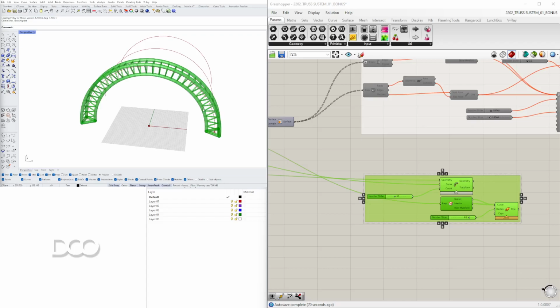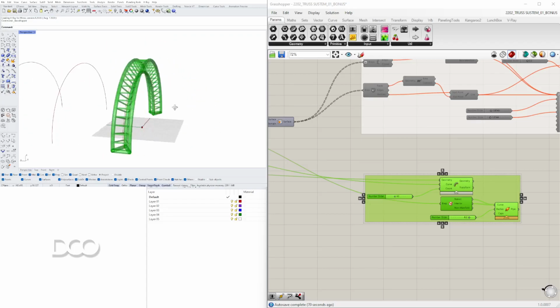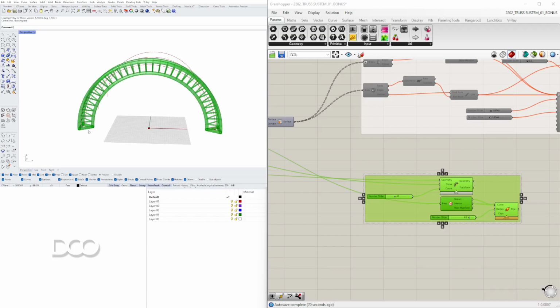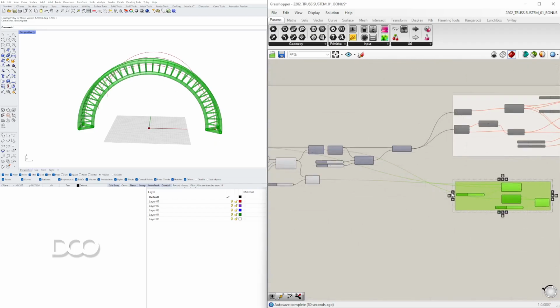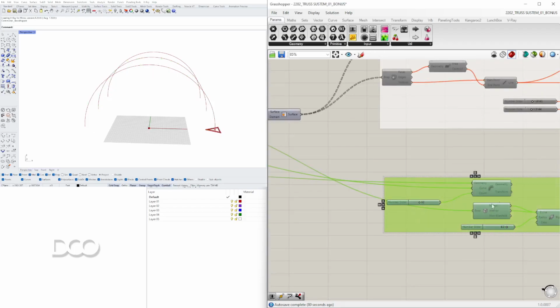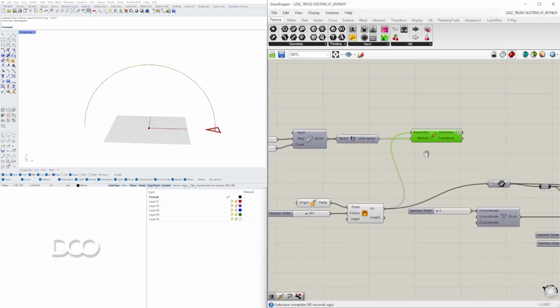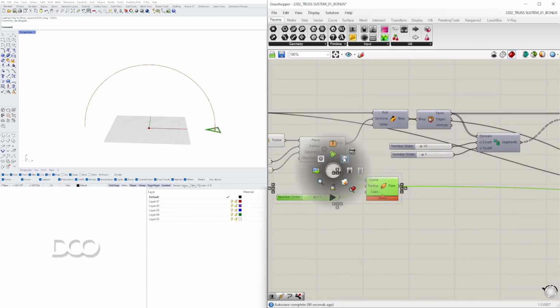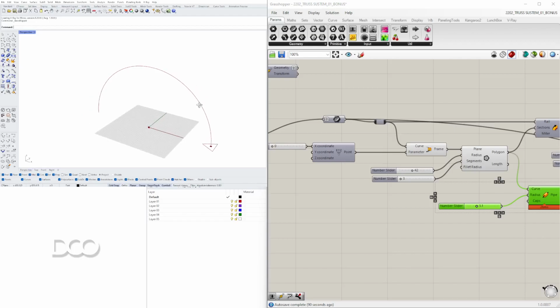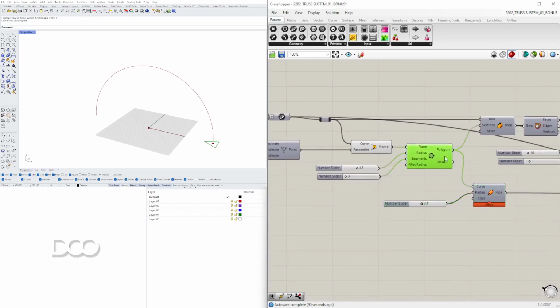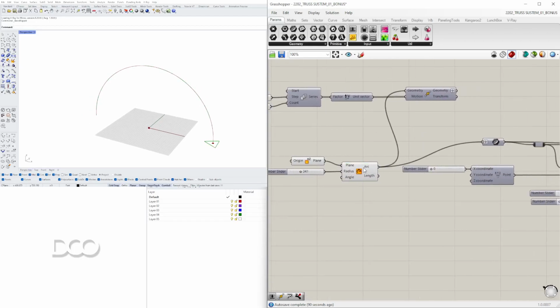Now for this last extra content, I do want to show how to not just create this extrusion or this one segment like this, I do want to show you how to make it more dynamic. So for that, we'll take this, we'll disable it, we'll even disable the preview on this because we don't need it, and same with some of this. So we'll use the same segment and we'll use the same